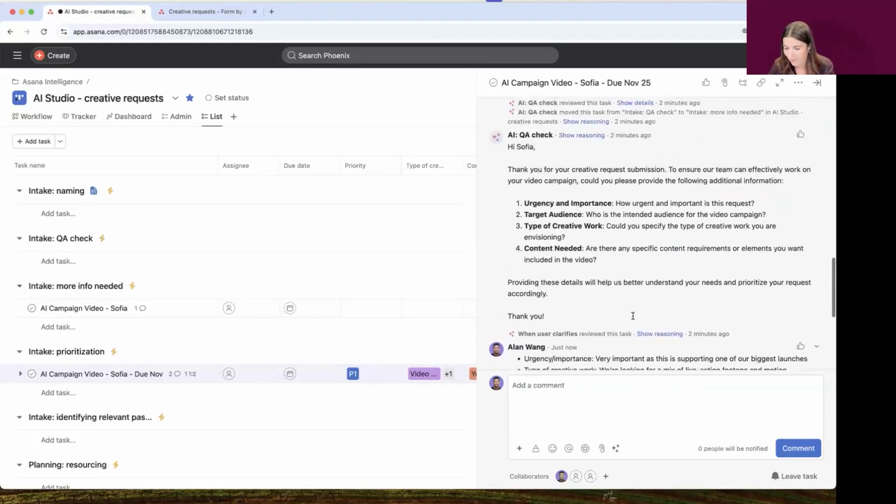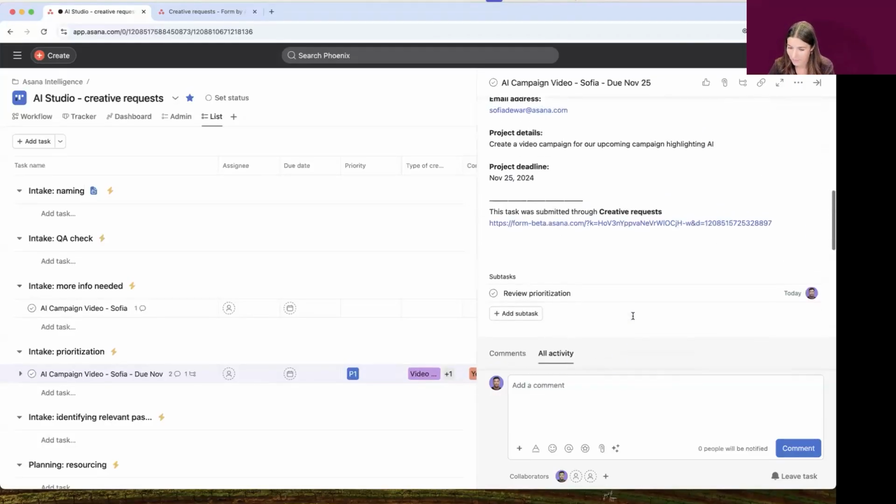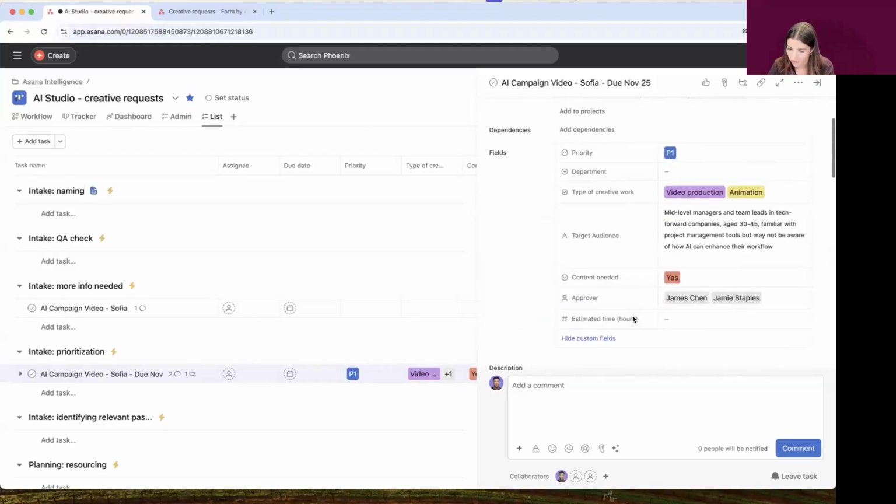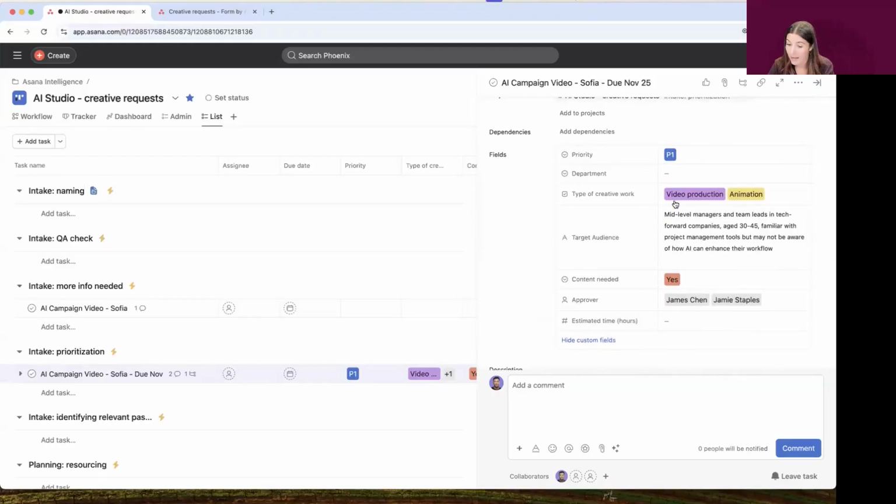Okay, a couple things happen that I want to speak to. What's happened here is that AI has actually filled out all these fields for me. And so you can see that AI has suggested the priority of this work, and it's noted that it's a P1. It's also added fields representing the type of creative work that's being requested, the target audience,